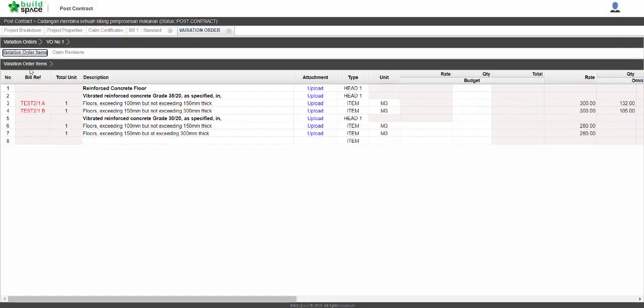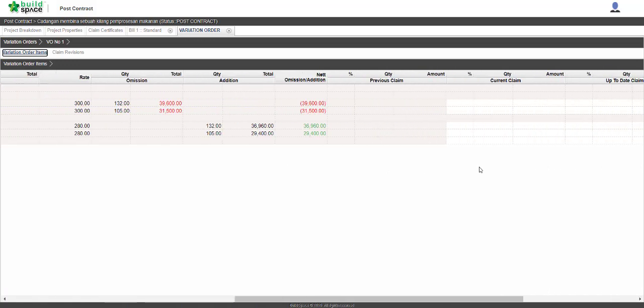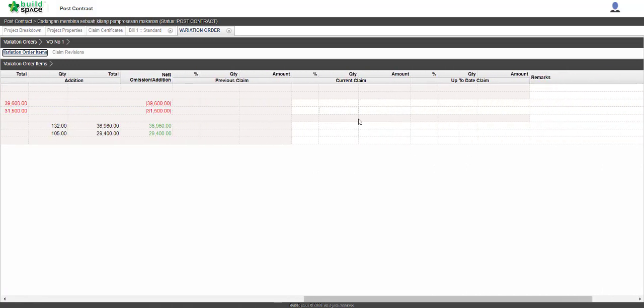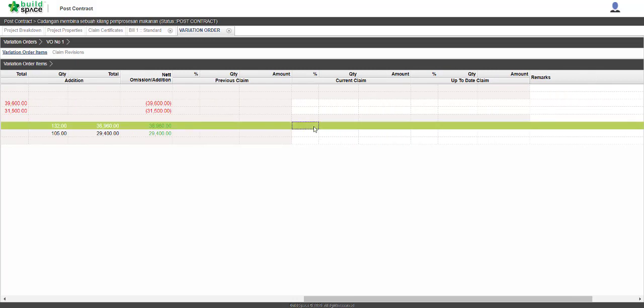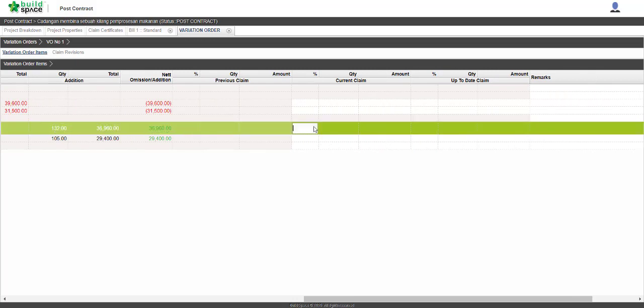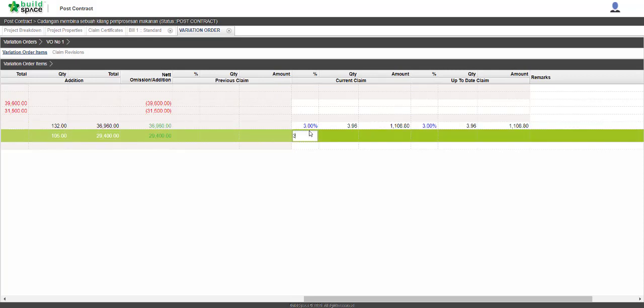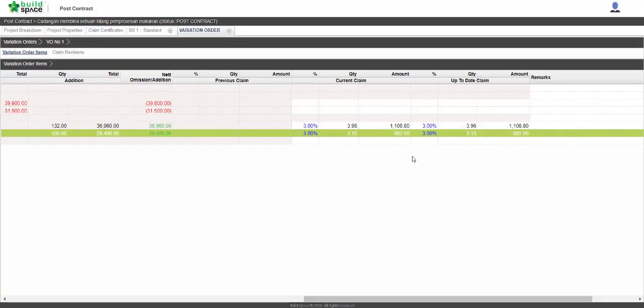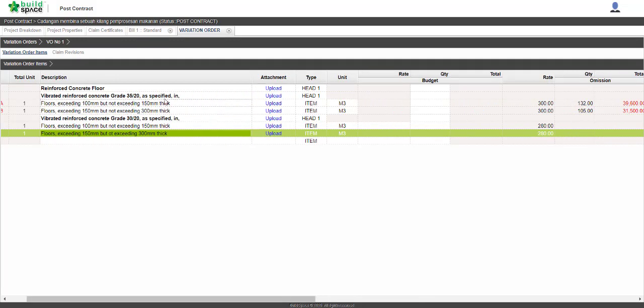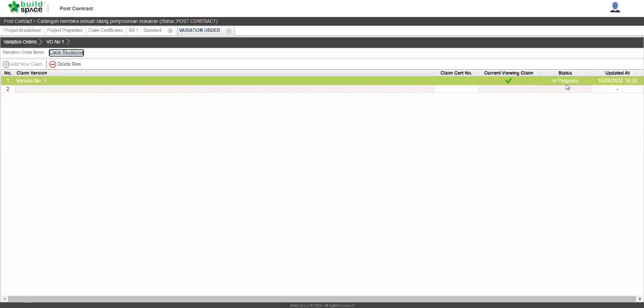So if you go to the variation order items and scroll to the right, the claim section here is available for us to fill. So now take for example here the current claim, we already completed say 3% of the work for both concrete. Alright, so we have it like so, and then we can go back to claim revision, change the status from in progress to logged,